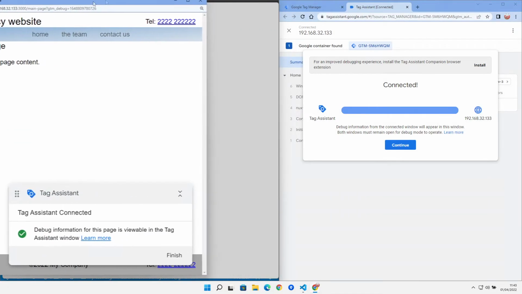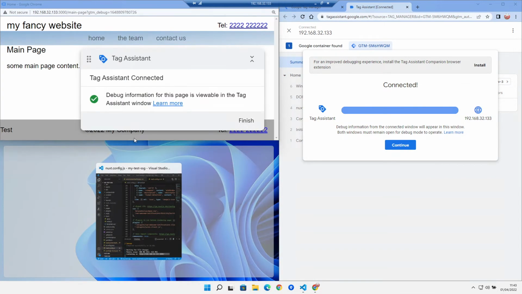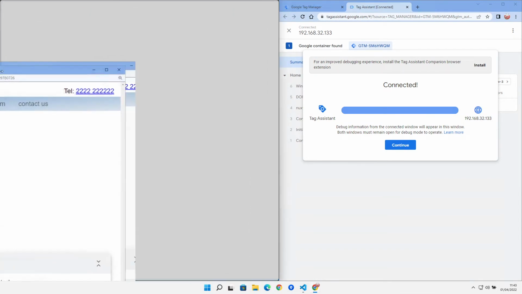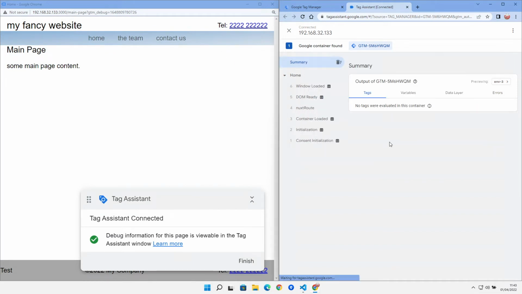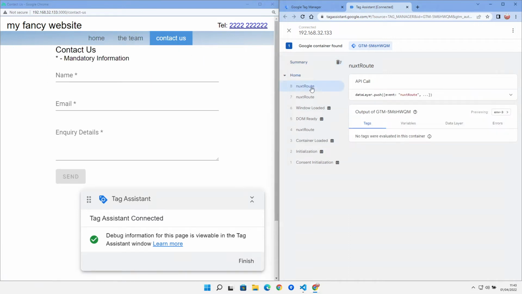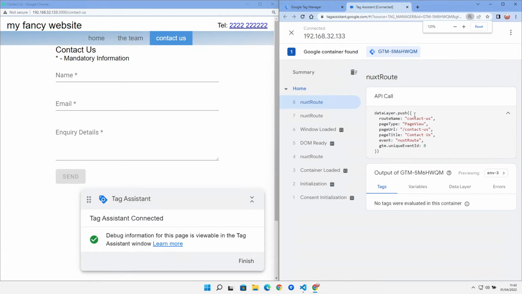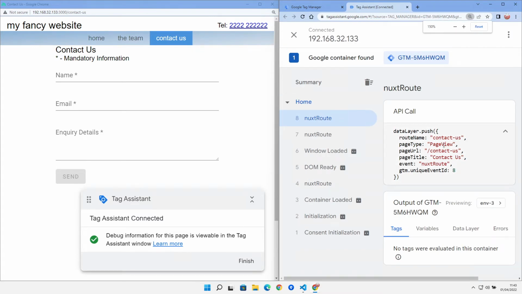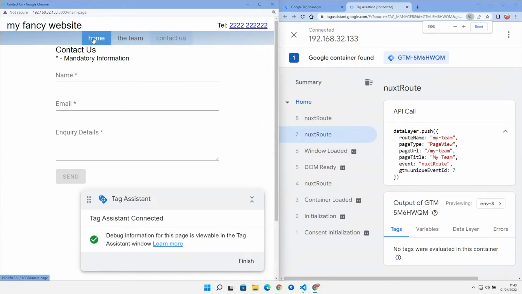And if I put that over this side, then we should see events coming in over here. So as I navigate around, we get a Nuxt route event in Google Tag Assistant. If I go to the Contact Us route, and I can look and drill into each of these and drop that down so I can see that it's a page view event, and we've navigated to, or the user has navigated to, the Contact Us page here. In this one, I navigated to the My Team page, and if I go back home, I get another